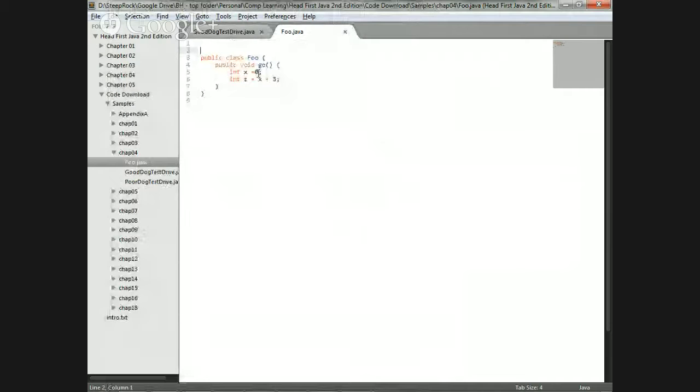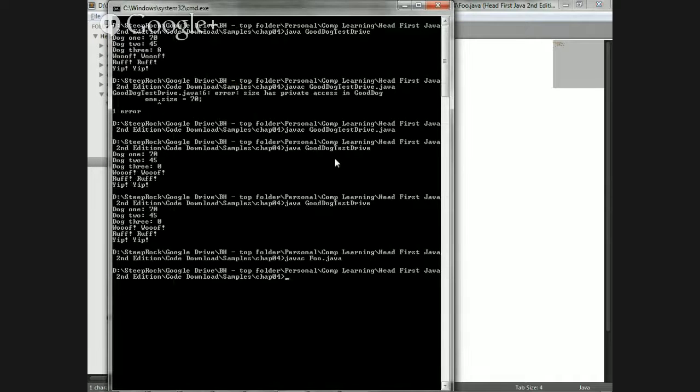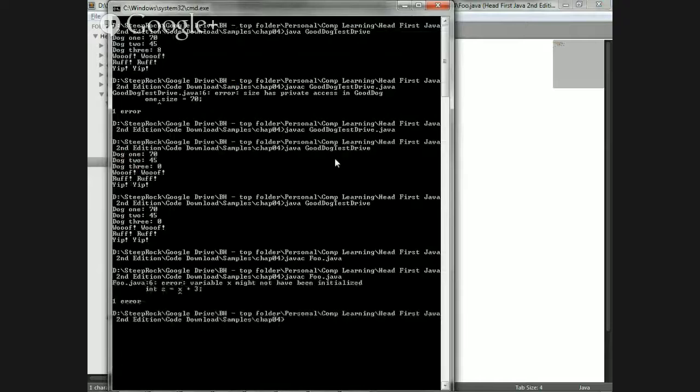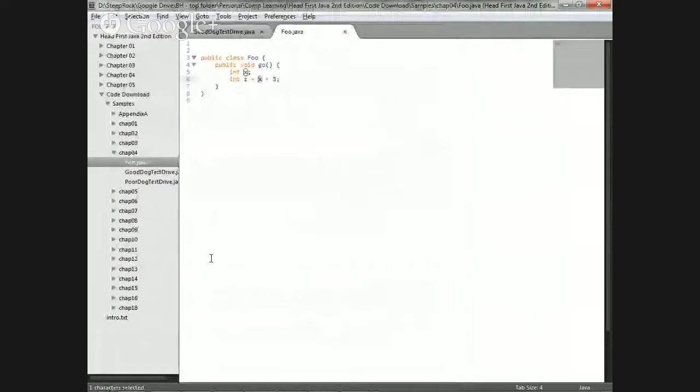Okay, but watch this. If I do x just like this, it won't work, because a local variable has to be assigned something before it's used. Because I'm using it over here, so I cannot just create it and then use it later. There's no default. You can't use it. Then if you had, let's say, it wasn't a local variable and you had the method